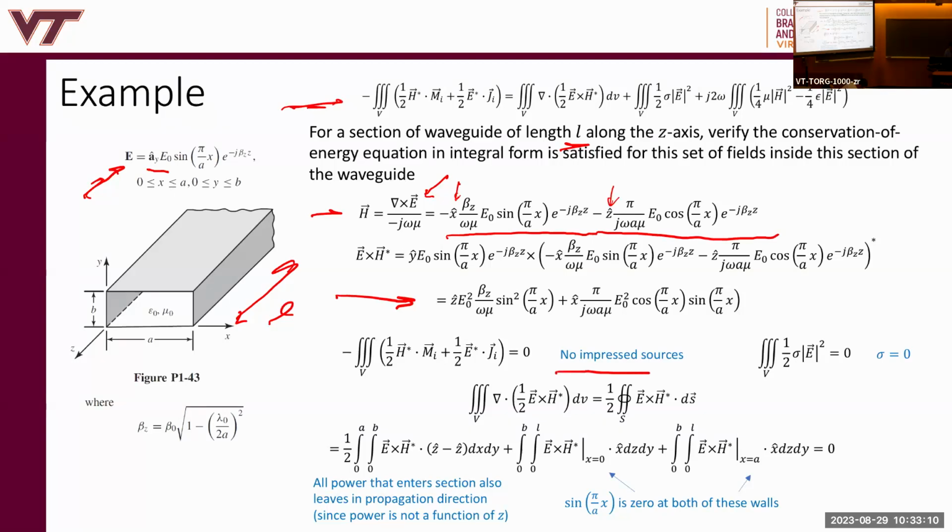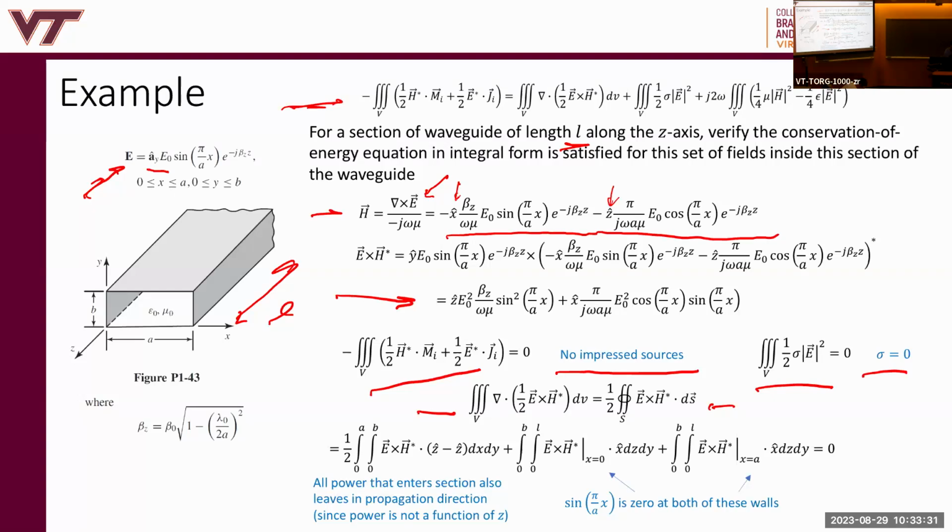So there are no impressed sources, right? There's just fields. There's no sources. So that means this term goes to 0. There's no conductivity in the medium filling the waveguide, it's free space, so that term goes to 0. And then the first term is, we use the divergence theorem here to rewrite this as the surface integral around